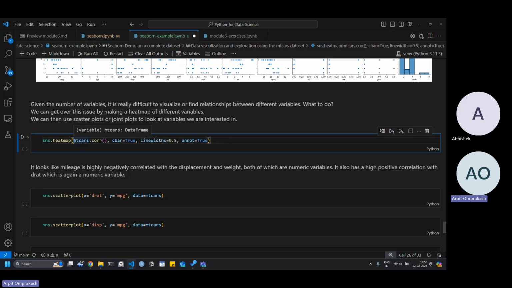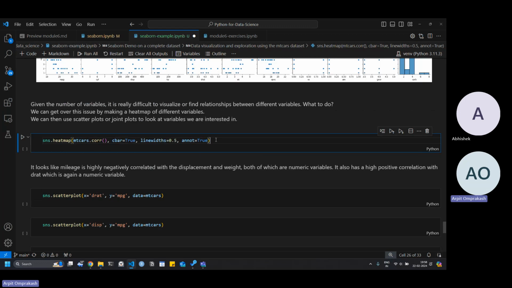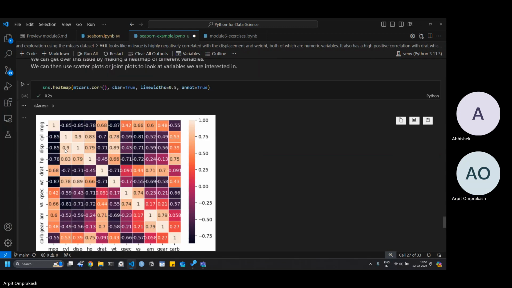So what we do is sns.heatmap. First, we have to provide it a correlation table. We do that by mtcars.corr, the correlation function we call. cbar is basically the color bar we want for reference. Linewidth is basically the width of the line, and annot equal to True basically means that we are annotating the data. Each of these boxes is numbered according to their